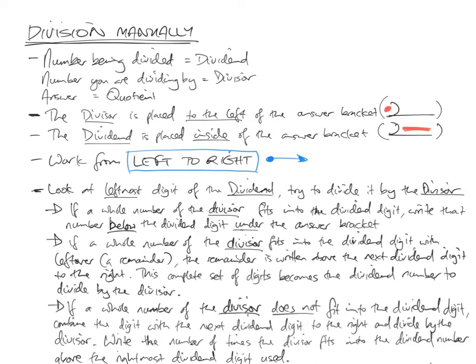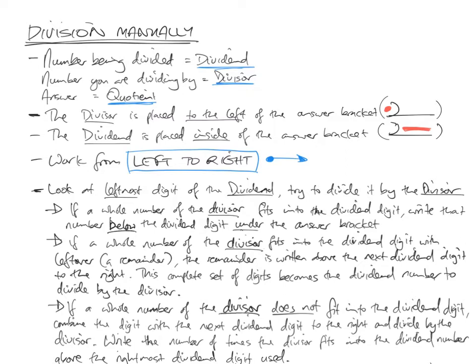So the first thing we need to acknowledge is the different names, because I'm going to refer to them for the numbers involved. The number being divided is called the dividend. The number you are dividing by is called the divisor. And the answer that you get has a special name. It's called the quotient. I won't really refer to the quotient at all. Just get your head around: the dividend is what I'm dividing up,